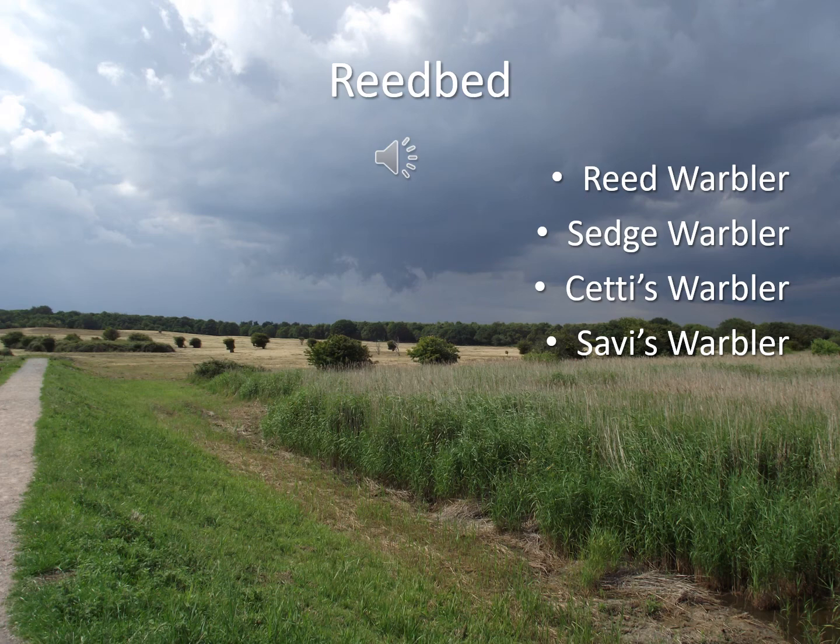Cetti's warbler, well, that likes the more willow-occupied parts of the reed bed, and they've become heavily established in the last year or two in the northwest in those kinds of habitats, that transitional habitat between reed and woodland. Savi's warbler is the one that we're probably never going to come into contact with on a regular basis in the UK, only because there are only two or three breeding pairs in any given year,